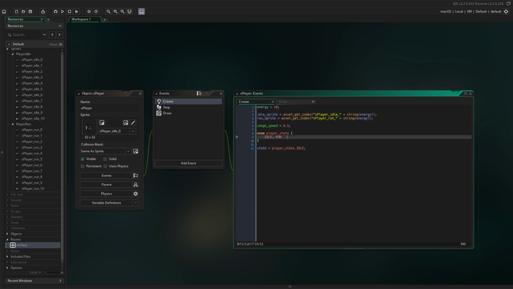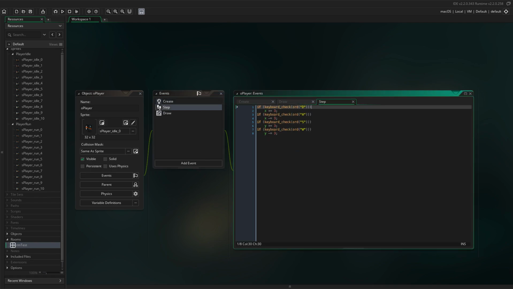So when we start the game, our player is going to be in the idle state, and then we are going to say if keyboard check any key, so if we're pressing any key down, state is equal to player state dot run. Else our state is going to be equal to